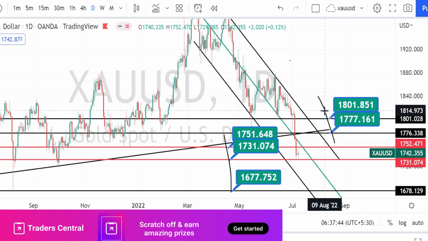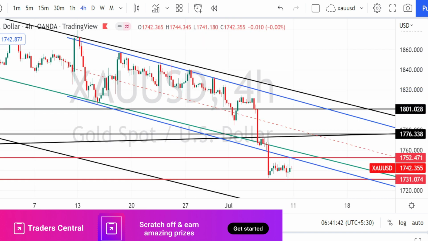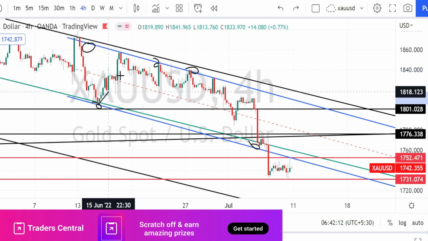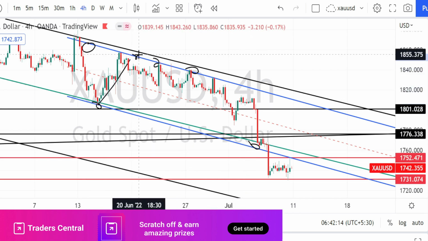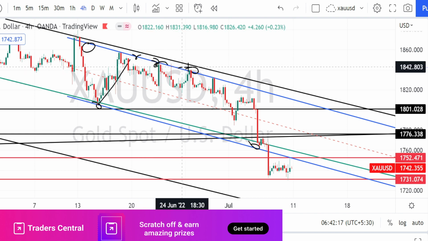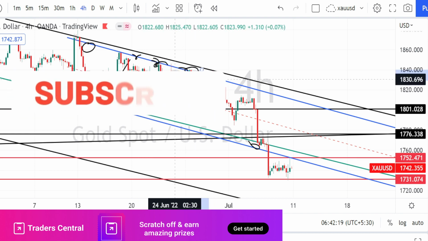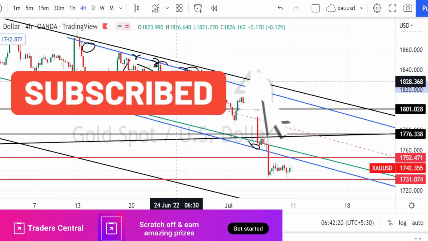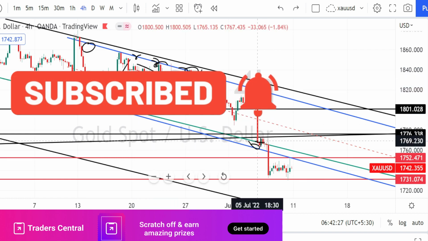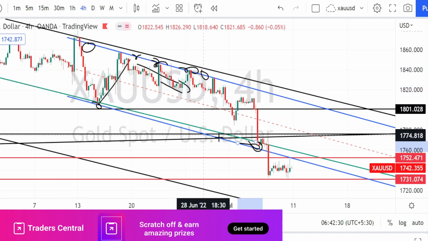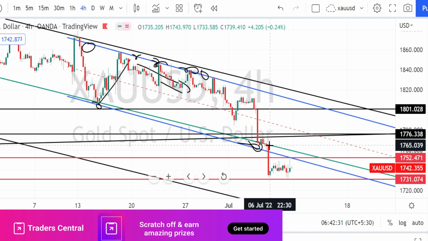Let us do the analysis in 4 hours time frame. I am in 4 hours time frame now. When we analyze the price action in 4 hours time frame, I have drawn one more resistance line and the support line over here. In the past we have noticed a price action trying to break this resistance line, but it couldn't break this resistance line, and also it was trending on a bearish trend, and eventually it gave breakout from this support line or the trend line, and we are noticing the price action to trend on a bearish